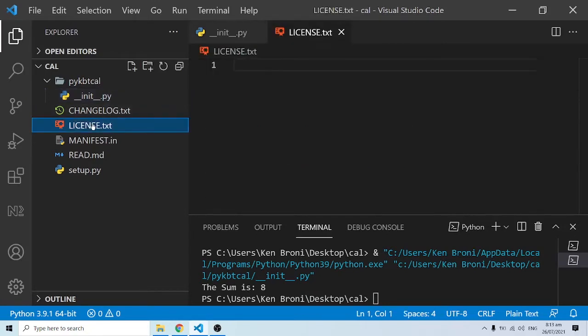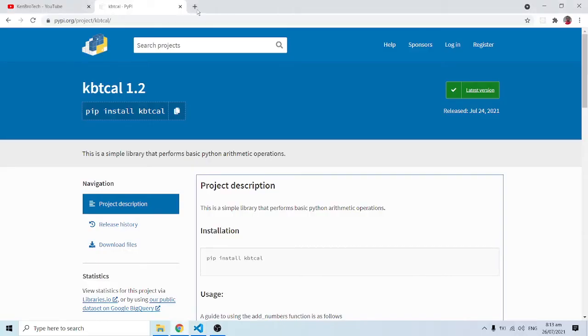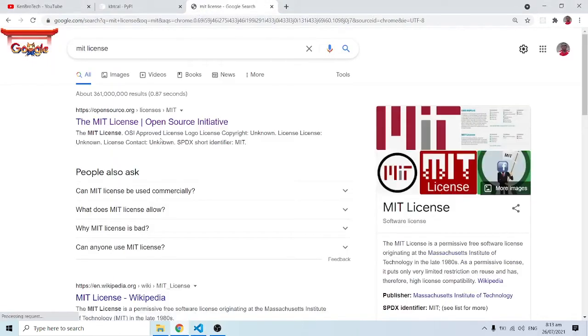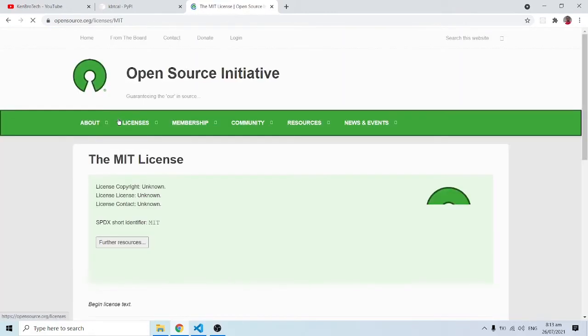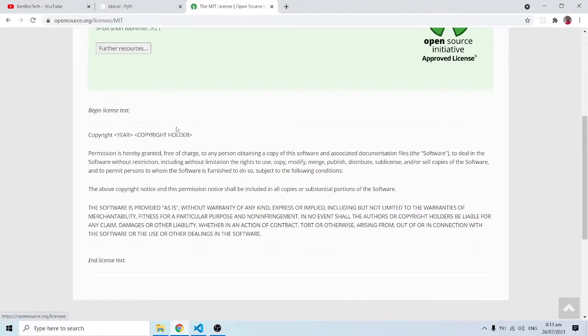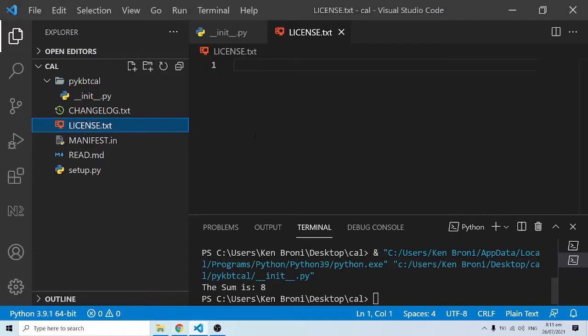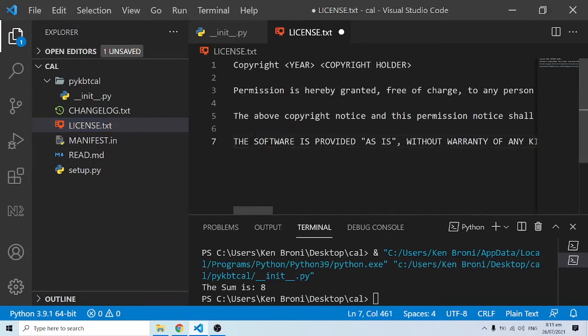Now the first thing I'm going to look at is the license. So the license.txt, and for starters we have to use the MIT license. So the MIT license is an open source free license that we can use. So clearly we'll come in here and do a Google search of MIT license. I'm going to leave this link in the description below, and we have over here a template that we can use. So this is where the license begins and this is where it ends. So we just have to copy this. So I'll do a Control-C over here, come back in here and do a Control-V